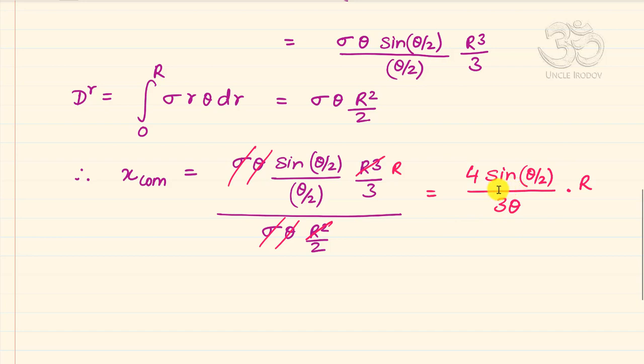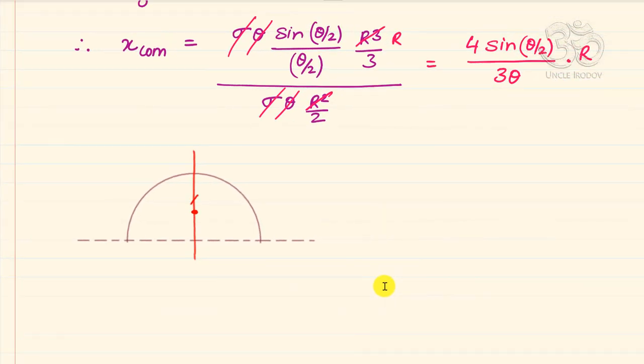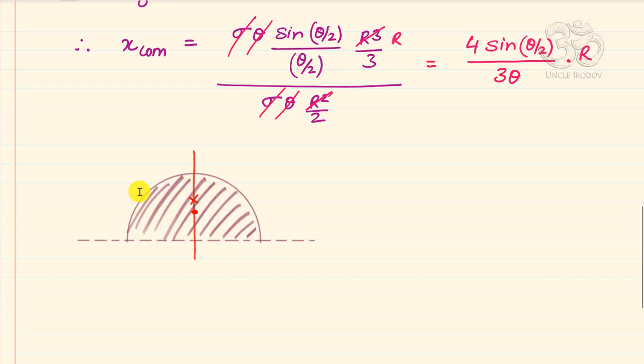Now one interesting case is what happens if you have a half a disk, let us say. So what happens if you have a semicircular disk? If you have a semicircular disk like this, where now if I say disk, I mean that everything here is shaded, so this entire thing has mass. Where is the center of mass? Now the angle that it is going to subtend at the center is going to be pi. So here I have to insert pi by 2. Sine of pi by 2 is going to be 1. So 4r by 3 pi.